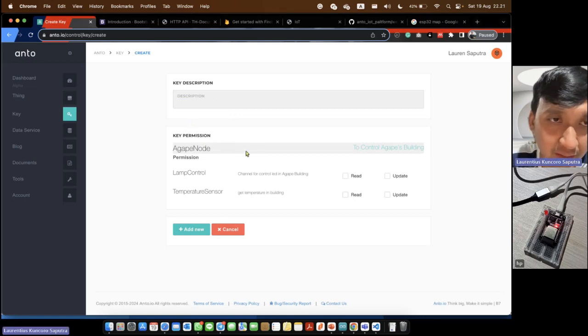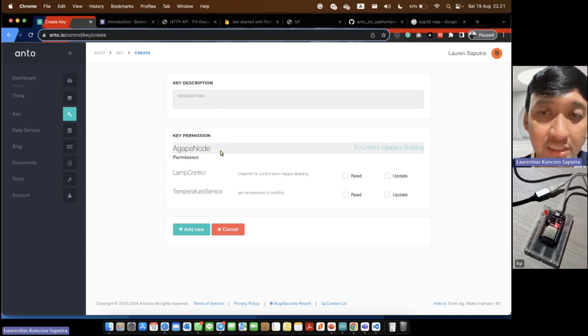In this Anto, I already created a key permission for Agape node. The permission is given to lamp control channel and temperature channel. After we put the description, we can click the green add new button here.